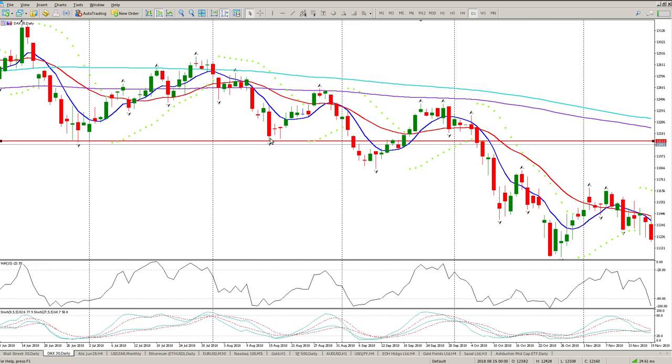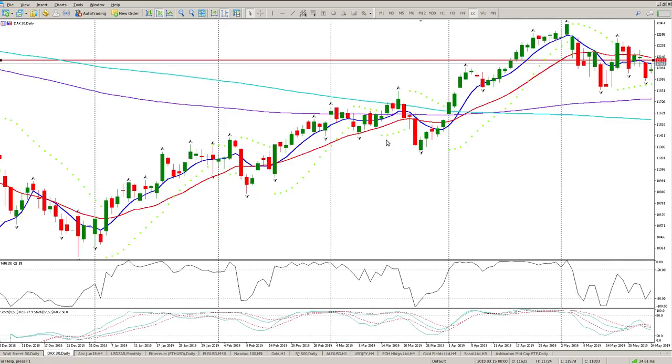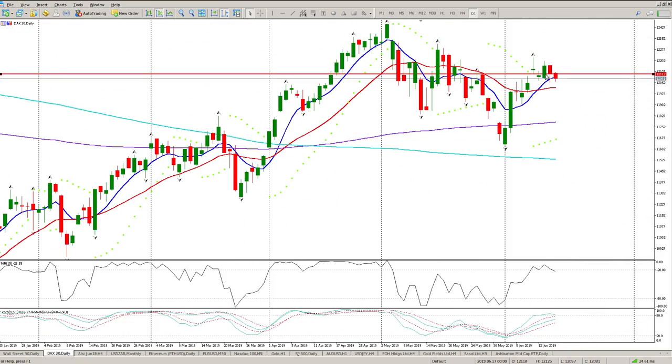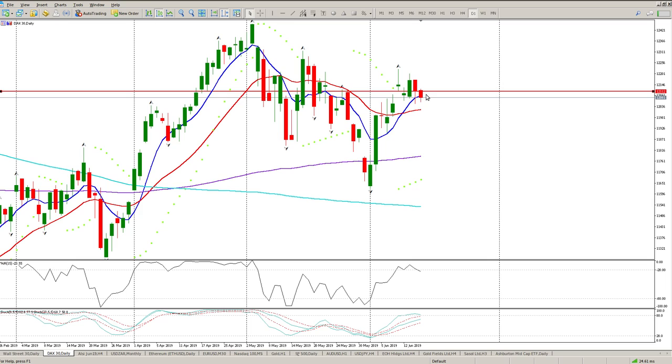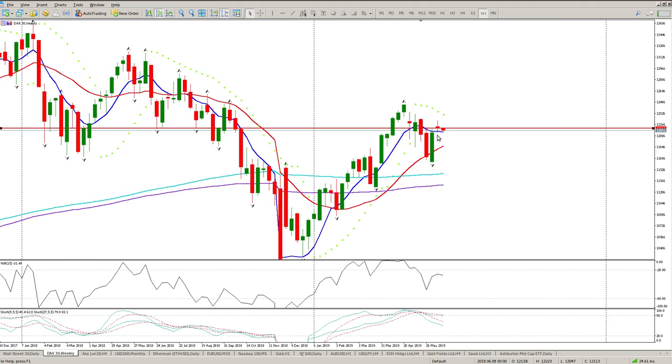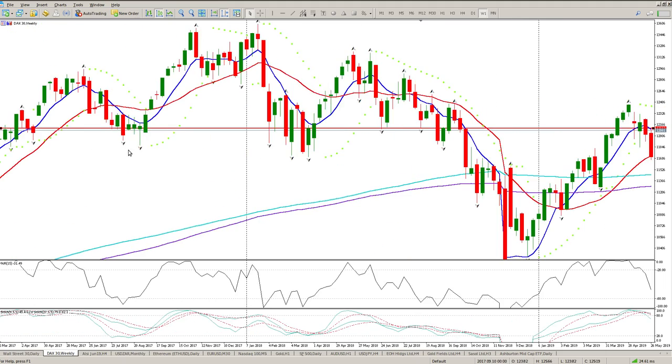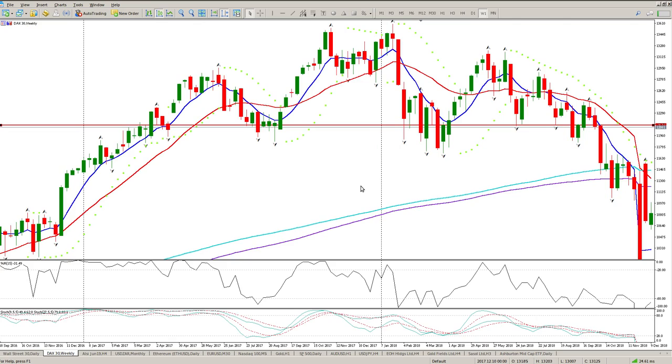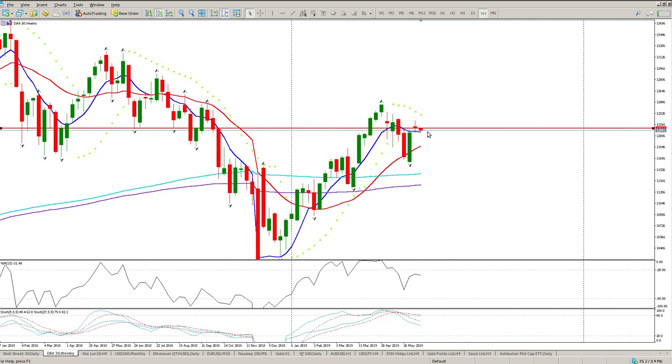Okay, what is significant is this level here. You've got this double touch, and you can see we flirted with it a couple of times, and now we're just hovering around this level. There's no clear distinction of whether we are going down or up, whether this level is going to hold or break. If you remember from yesterday, this level is also a weekly level. See, there's my weekly level there. Fairly significant. We were above it, and now this week so far we are down.